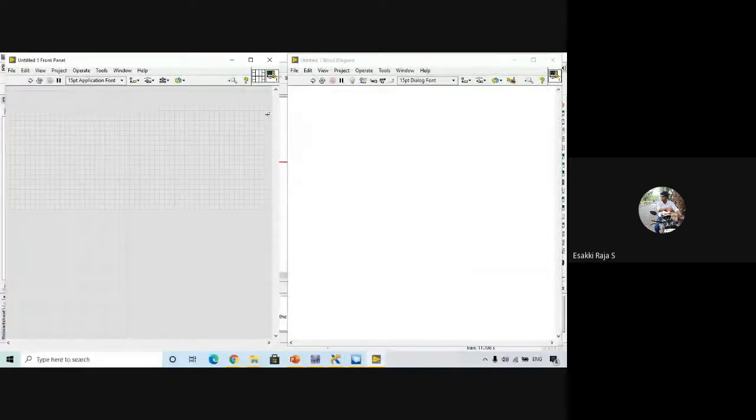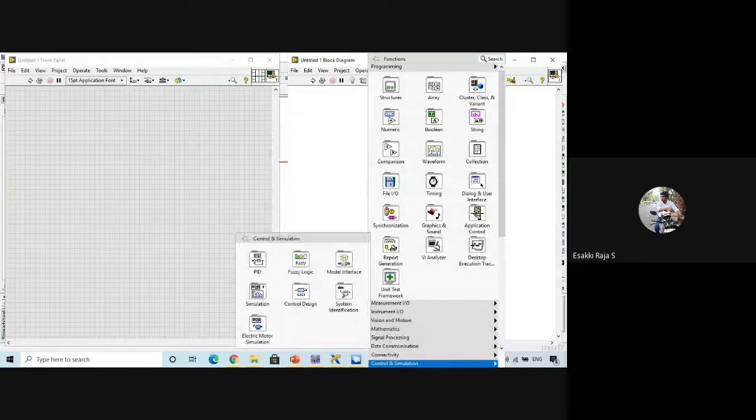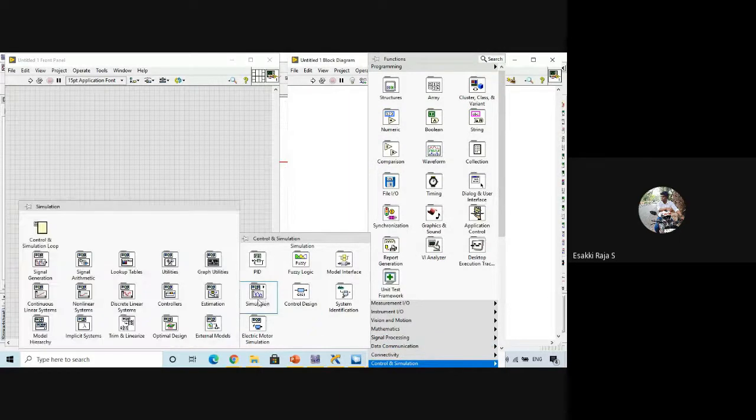As I already told you, now I'm going to call my Multisim design in LabVIEW. To do that, right click on the block diagram, go to control and simulation, simulation, external model, Multisim, and Multisim design. This is the function I'm going to use in LabVIEW to call my Multisim design.